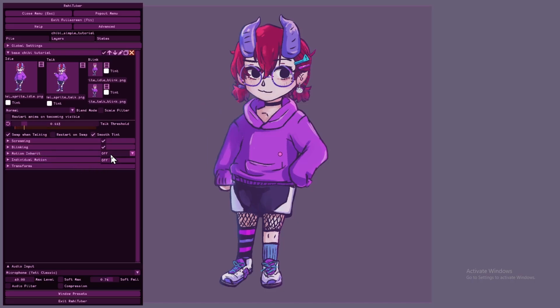The next tab down is this motion inherit tab. We only have one layer, so we can't do anything with this, but to recap what it will be, we can set a parent layer there where it says off. You can select another layer to be the parent, and in that case, any motion that we're applying to that parent will be passed down to this layer. And that's when the physics that we'll set later will come into play. The physics will react to that inherited motion.